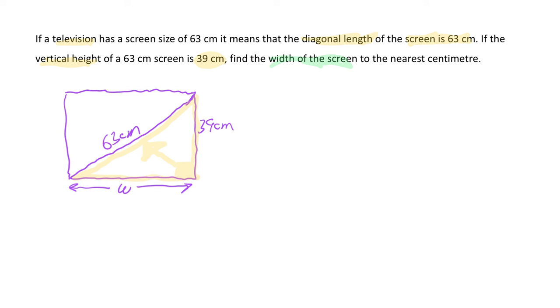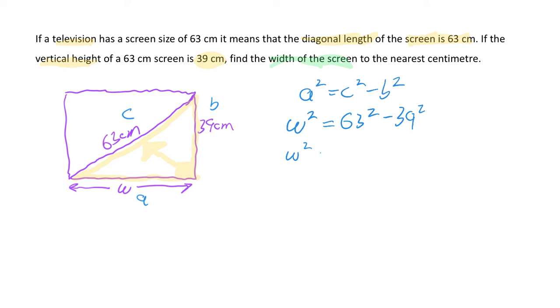So the formula is going to be a squared equals c squared minus b squared. So my 63 centimeters, my hypotenuse, is going to be side C, 39 can be side B, and W is side A. So substituting into my formula, W squared equals 63 squared minus 39 squared. Then going ahead and working out what W is going to be. So W squared is going to equal to